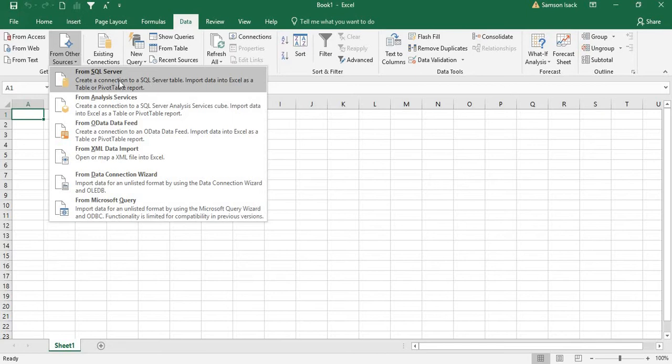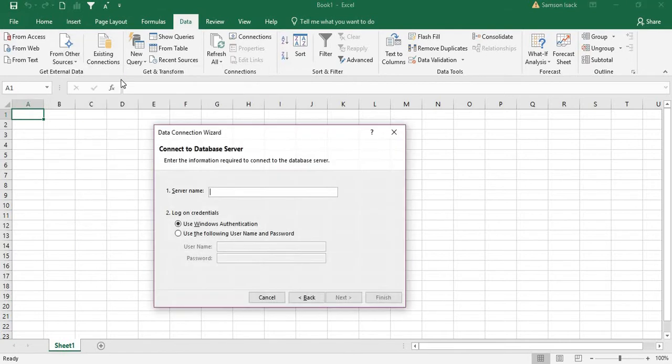So from SQL Server, I just need to bring the SQL Server connection file. I'm going to create a SQL Server connection file: create a connection to a SQL Server table, and import data into Excel as a table or pivot table report. We are going to do it for a pivot table chart. Click on that, then it will say connect to database server, and